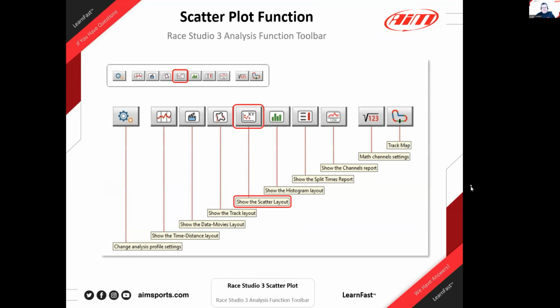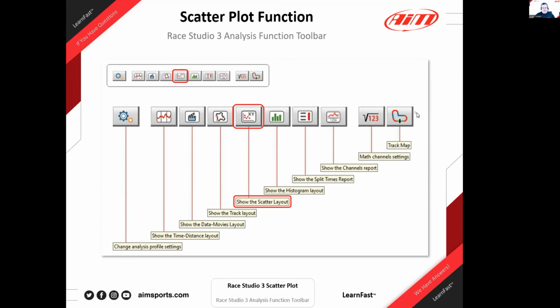Let's talk a little bit about what it looks like when you go in there. You've got a toolbar in Race Studio 3, and we'll see this in a moment. All of these start off with this slide where we show you what the icon looks like for the scatter plot. This is one of those that people call different things, right? In fact, even the icon shows an XY, because it really is an XY graph as well, but we call it a scatter plot, and there are some other things that people will call it as well. But there's the icon to get into it,